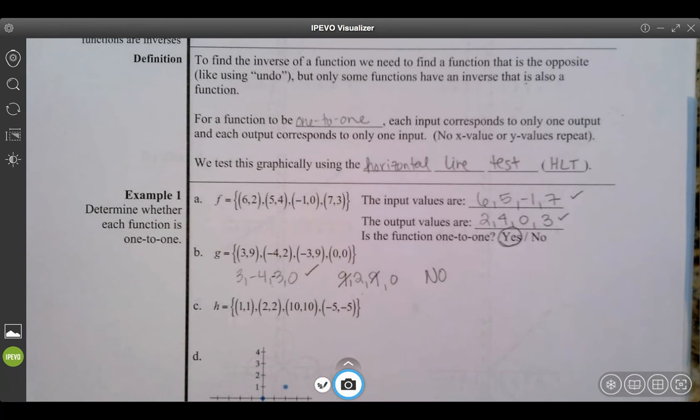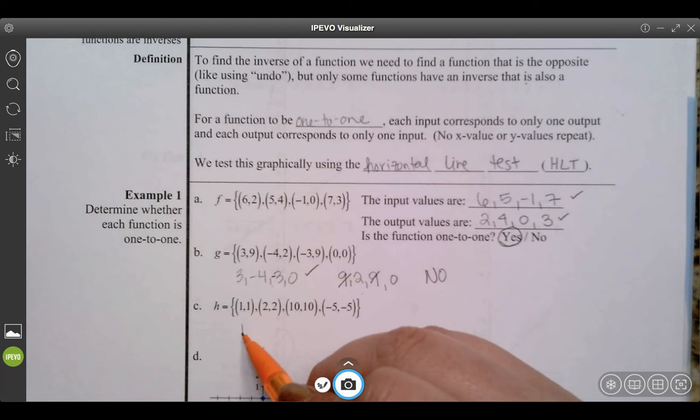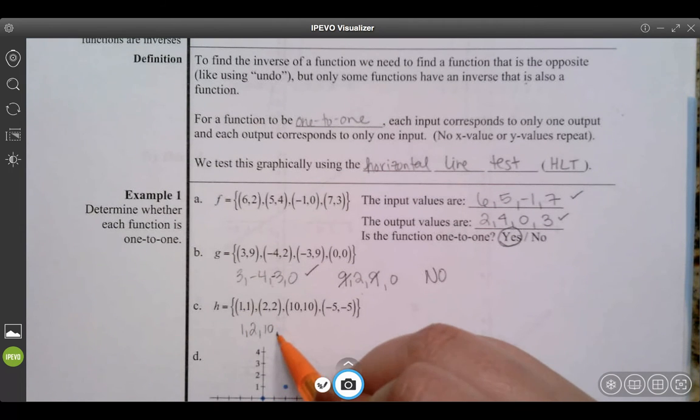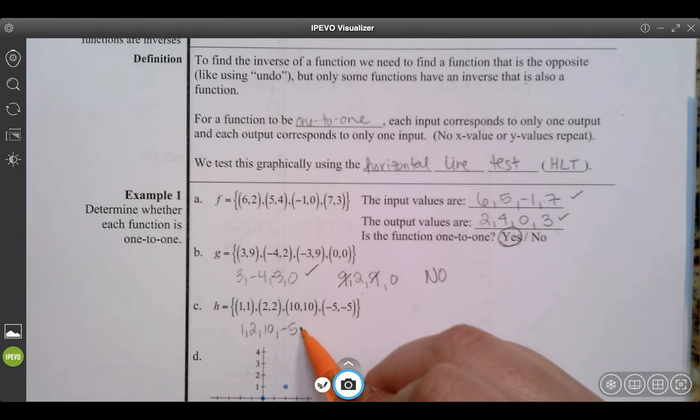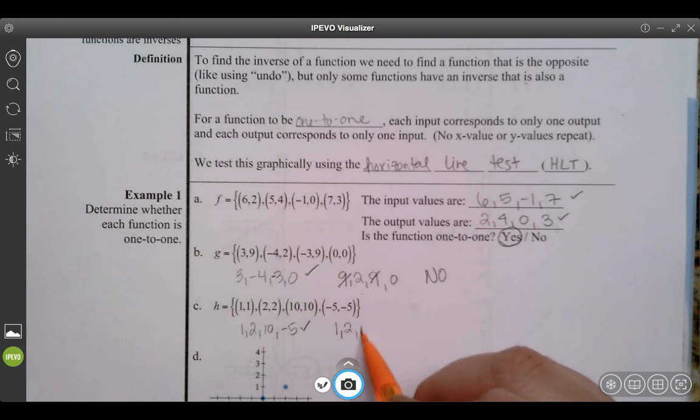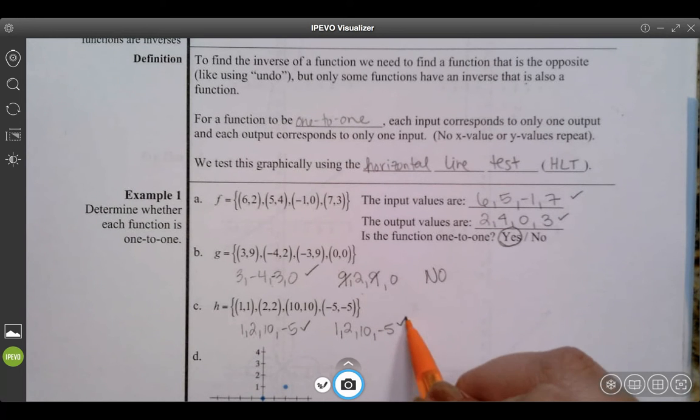But if we look at example C, that's the case that we're looking at. I have an x value that's the same as a y value. But that's not the question we're asking. The question we're asking is if any x values repeat. My x values are 1, 2, 10, and -5. None of those repeat, so it's a function. Then we test the y values: 1, 2, 10, and -5. None of those repeat, so this function is one-to-one. Even though the x and y values match, that's not what we're looking for